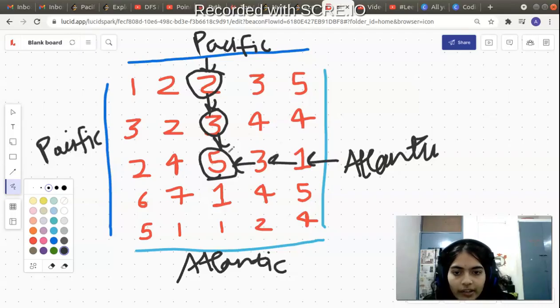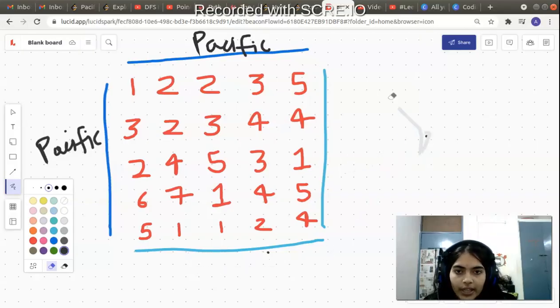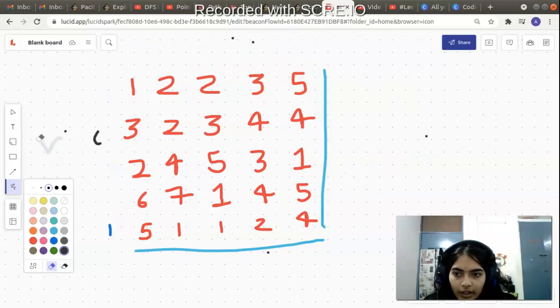Okay, so why from the Atlantic? Because 1, then you have 3, then you have 5. So everything is in a constant or increasing order, so that is accepted. So water is able to reach the cell from the Pacific and Atlantic Ocean. We are thinking of it in reverse way because we want to traverse a smaller number of cells. So this reverse way thinking is going to help us a lot, so we are going to think in this direction. Now how do we actually find if water is able to reach from the Pacific Ocean and Atlantic Ocean to some particular cell or not? How do we find?